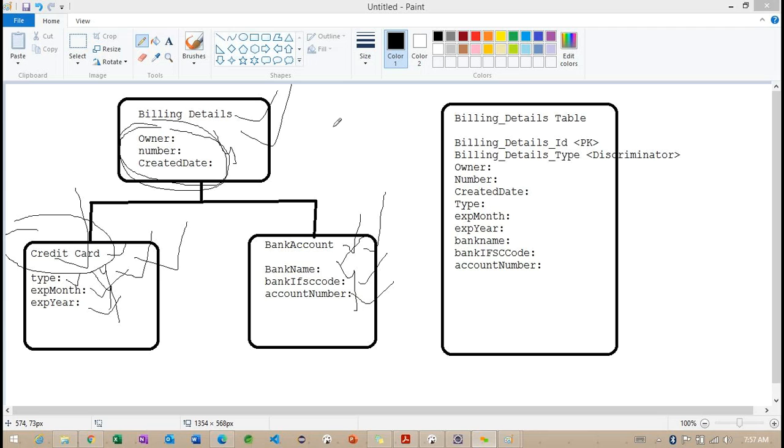These property values are going to create a new row of the billing details table. Getting the point. So with these properties we are going to create a new row, and we need to understand how this new row is going to be created.